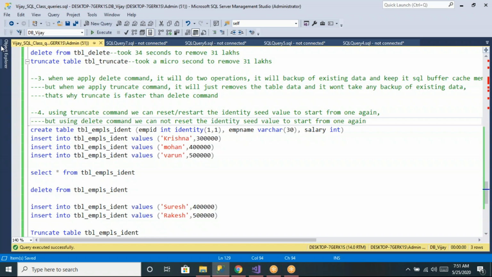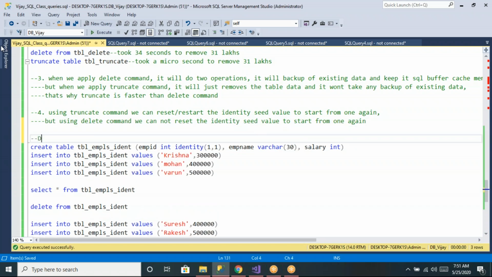Now one more difference is that delete is a DML command, a data manipulation language command. Like update, insert, delete, these are all DML statements. And truncate is a DDL command.